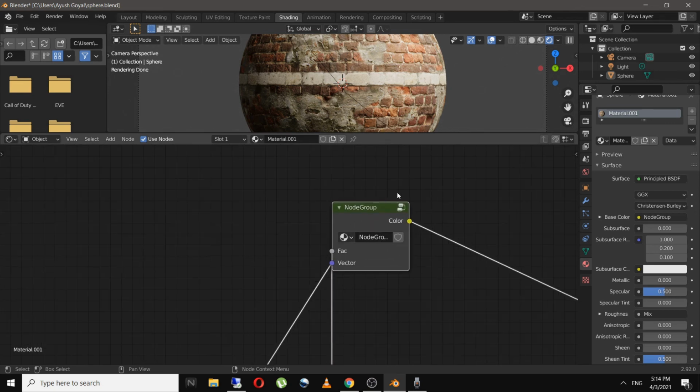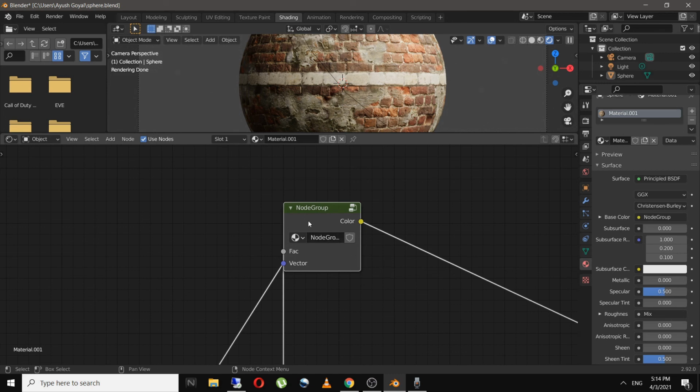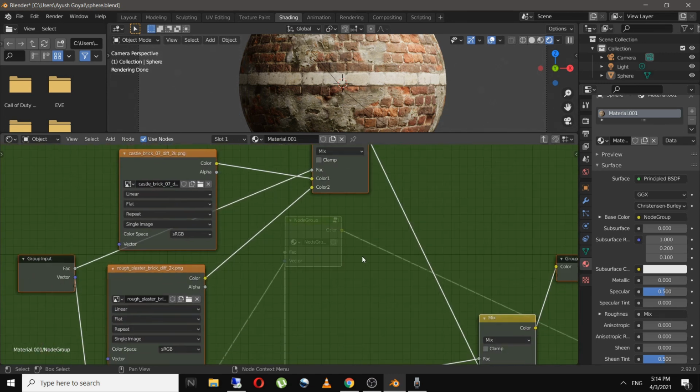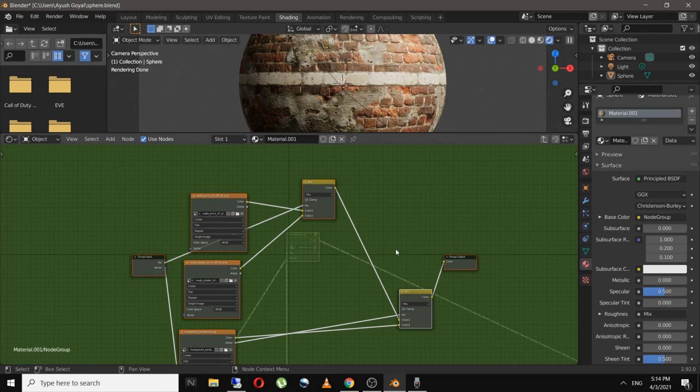You can rename this node group as well, and if you want to see that group again, you just click over here and you can see the group over here. And if you want to ungroup this, you can click Control Alt G. This will ungroup the nodes.